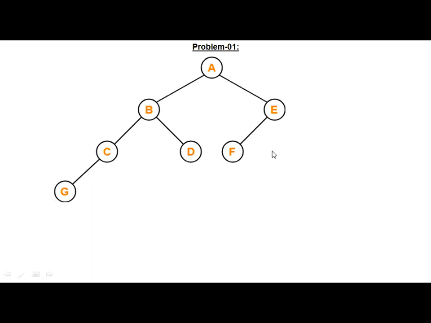So post order is G, C, D, B, then F, E, A, right? Okay, so in pre-order you made a mistake. It is E, F, I think. Just check it out. It is E, F.